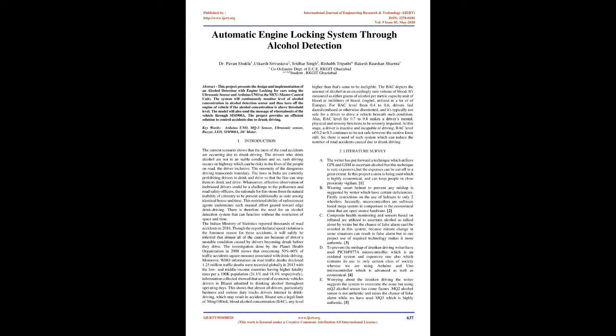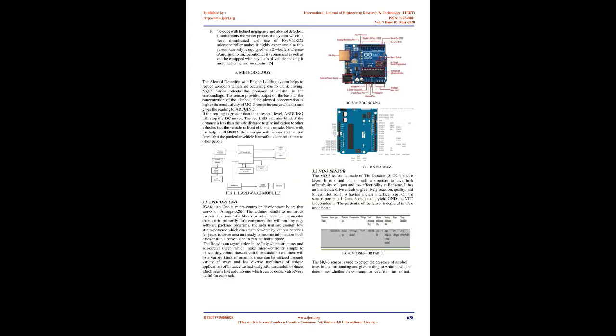Information collected showed that several commercial vehicle drivers in India admitted to drinking alcohol during working days. This shows that almost all drivers, particularly business and heavy duty truck drivers, engage in drink driving, which may result in accidents. India sets a legal limit of 30 mg/100 ml blood alcohol concentration, BAC, and any level higher than that is said to be ineligible. The BAC depicts the amount of alcohol in a certain volume of blood. It's measured as either grams of alcohol per unit volume of blood or milligrams per milliliter of blood, mg/ml, utilized in